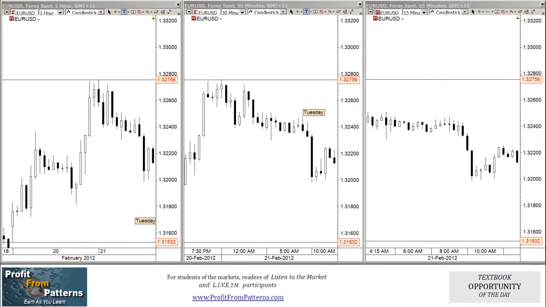Let's now walk through the eyes of the L.I.V.E setups and L.I.V.E concepts to see what the state of the market was before the fundamental news that came out about Greece that caused the market to rally strongly out of the lows that we don't see on the chart yet. 1 p.m. my time, Vanuatu, outside the optimal time frame,